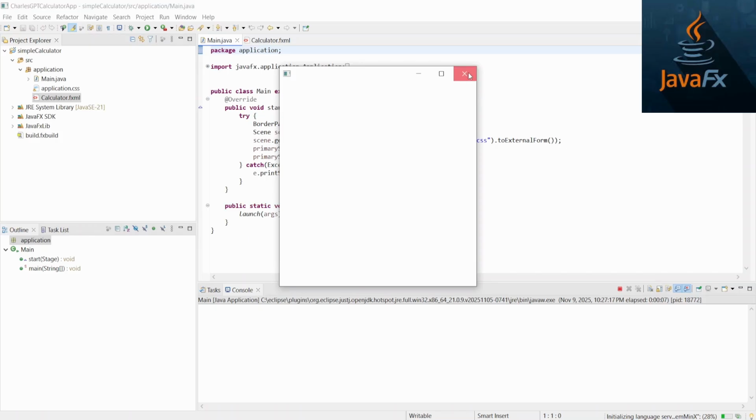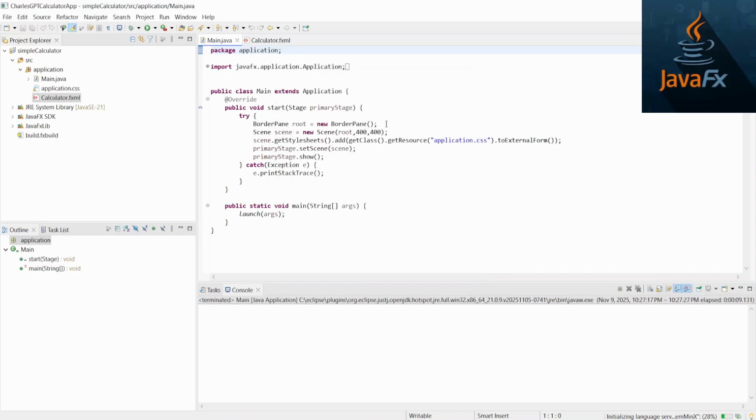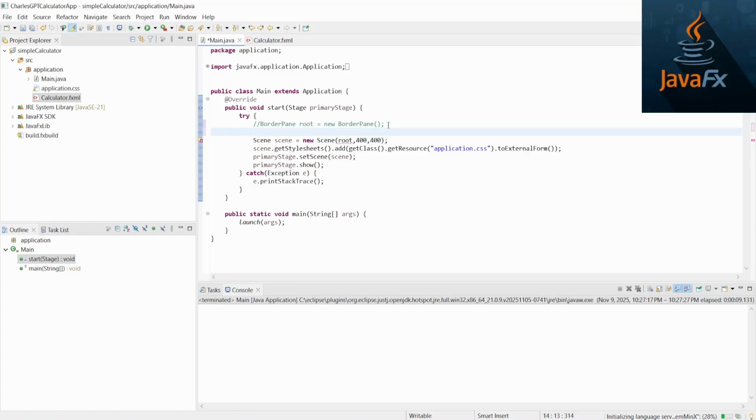Okay, so the next thing we know is that we are not getting the resource yet. So what we are going to be doing is we are going to type in something. I'll just comment this out. I'll just go in front of this and comment it, right? So the next thing I'm going to do, we're going to change this to parent root equals